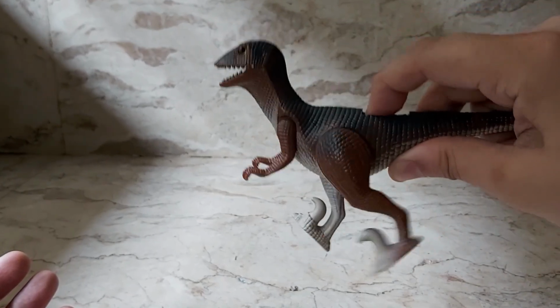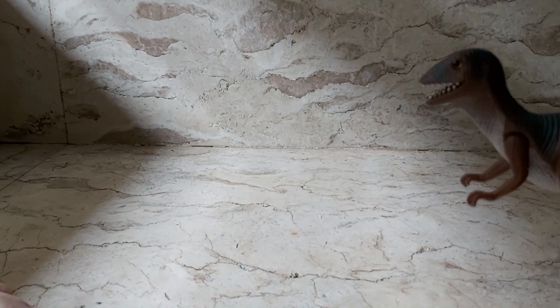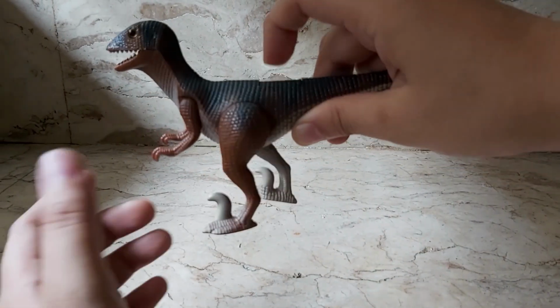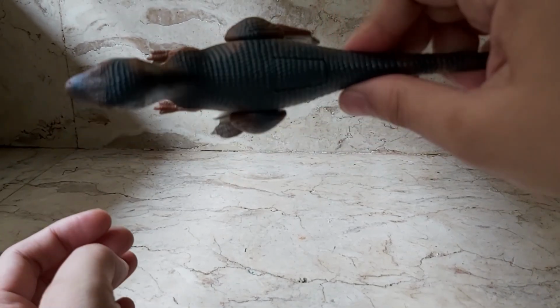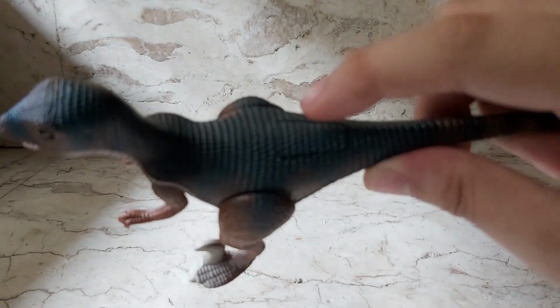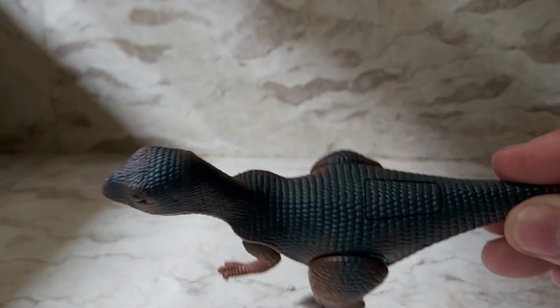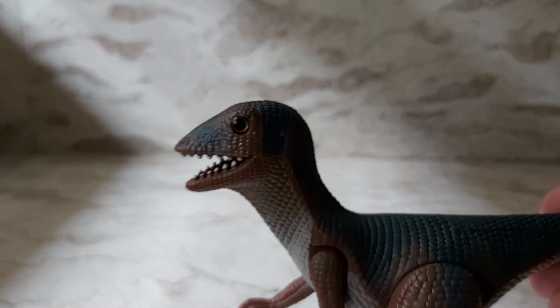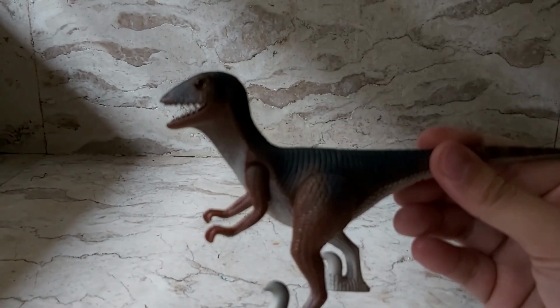And the gimmick kind of grows on you. It grew on me. I mean, I like the way he looks. Like, oh, it's like a little scaly roadrunner. The button is here. It's pretty well hidden. You don't really see it. It's this little square button over here. And yeah, I like the texture. Look at all those scales. And that eye. So this is the dinosaur from this set, the